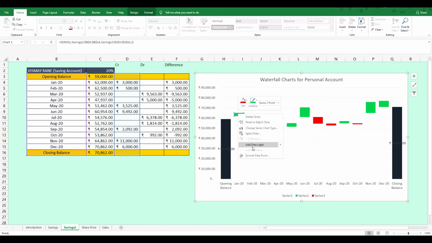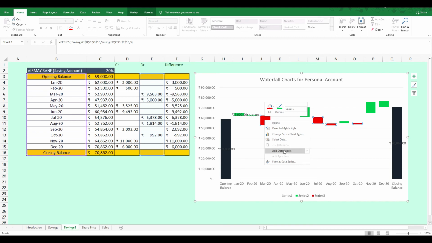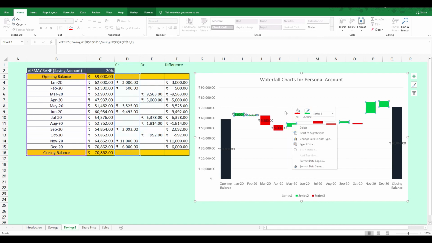You have to add data labels individually whenever you are using a stacked chart, because this is the entire bar. We are just highlighting the red part of it, we are just highlighting the green part of it. If you select all and add data labels, you can see these data labels also. So instead of that, you have to select one single bar. So single, add labels, single, add labels, single, add label. Now this has selected everything. You have to click it twice, but it's not a double click. You have to click it twice and ensure that only one bar has been selected.